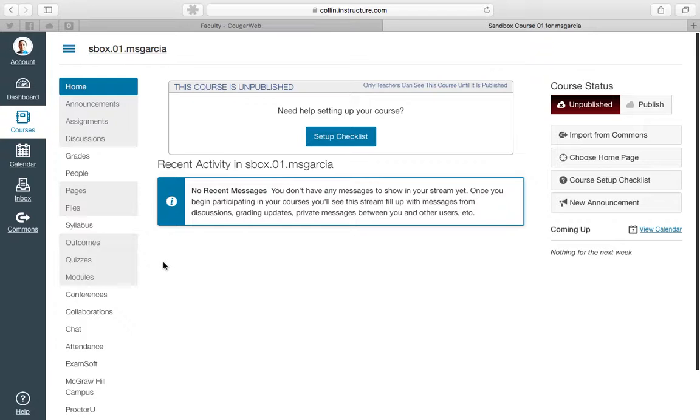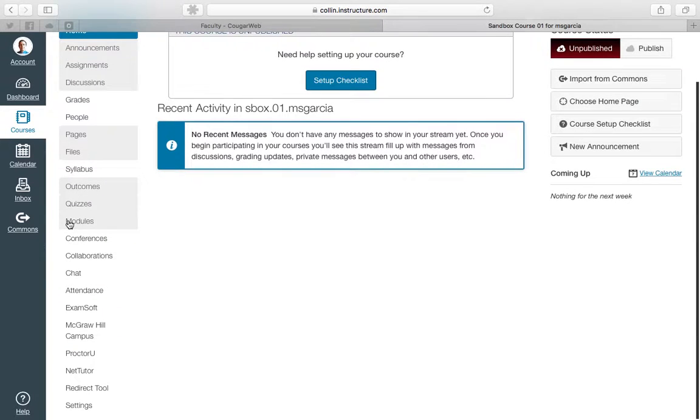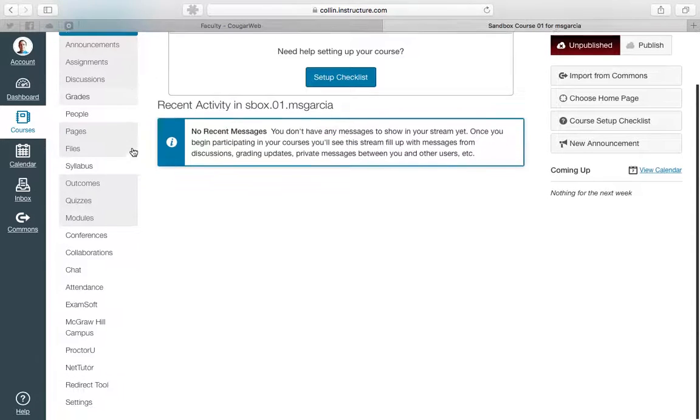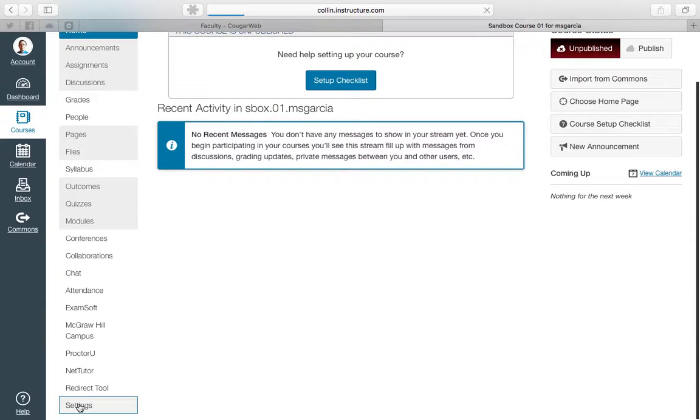Alright, so in this tutorial we're going to talk a little bit more about how we can customize this navigation bar and view our Canvas course as a student. So I've logged into my course, and in the navigation bar I'm going to want to go all the way down to the Settings tab, but you'll notice I have to actually scroll down right now to get to Settings. So I'm going to go to Settings,